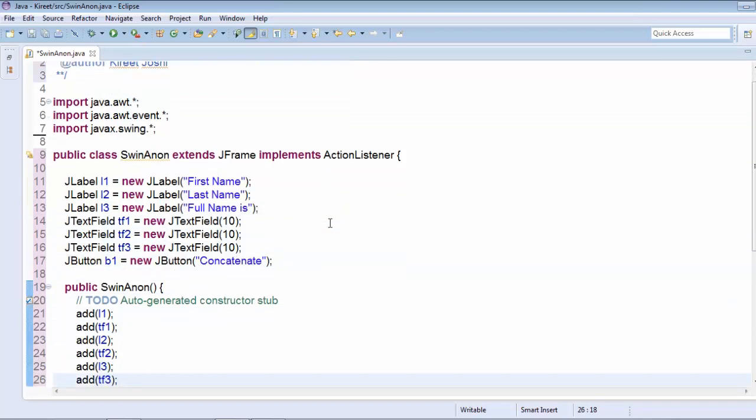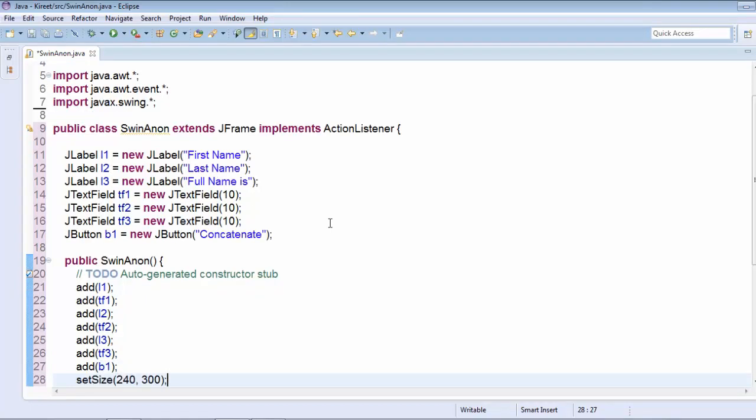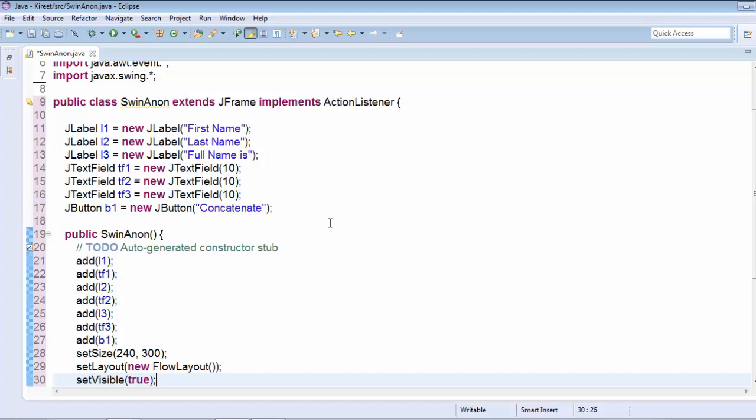These are the important terms that you might have practiced in your earlier classes. We create a JLabel for labeling the name, a text field for entering the name as input, and a button for the concatenating task in this particular example. This button is the source for the event. The event will occur when we press this button.